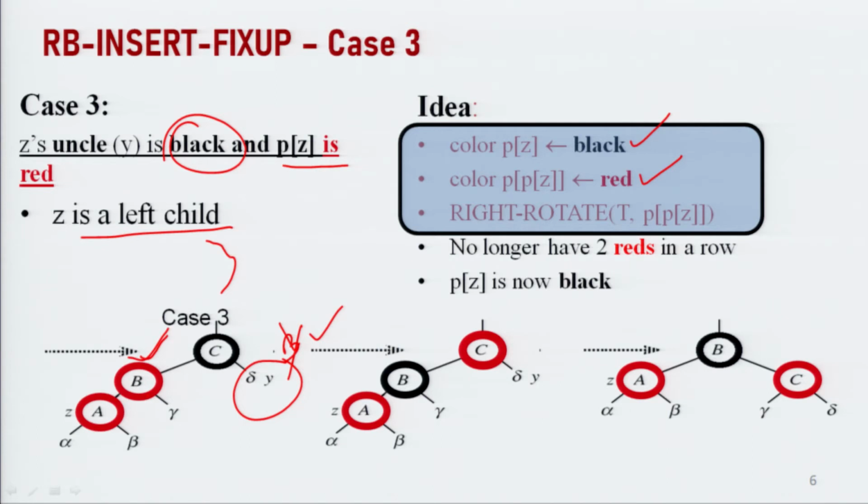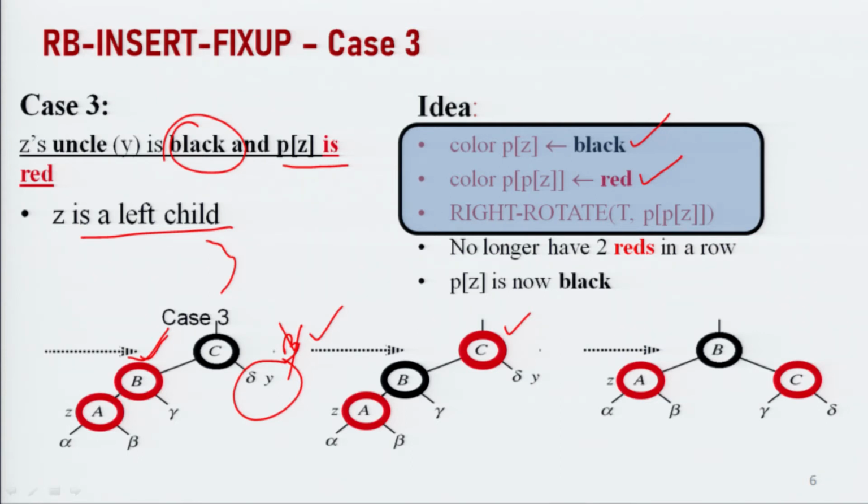Okay. Now, third is right rotate with respect to grandparent. Now, we need to rotate this subtree with respect to the grandparent. So, who is the grandparent? The grandparent is C; just see here, C is the grandparent of Z. So, we need to right rotate. What will happen in a right rotation, meaning clockwise rotation? Now B will become the parent, and C will become the child node.